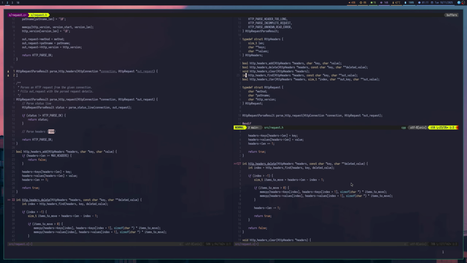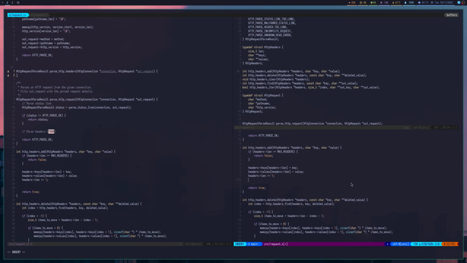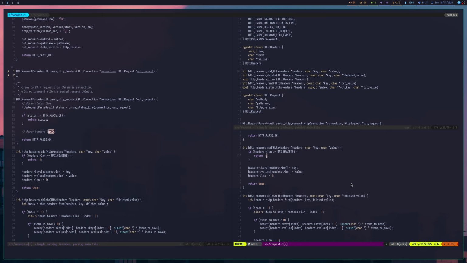Why don't we also return the index from add? I mean, communicating extra information to the caller. That wouldn't hurt, right? Return -1. Otherwise,